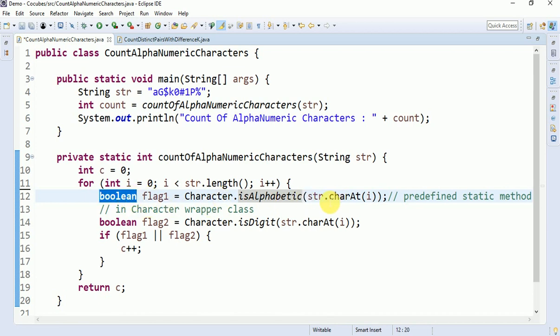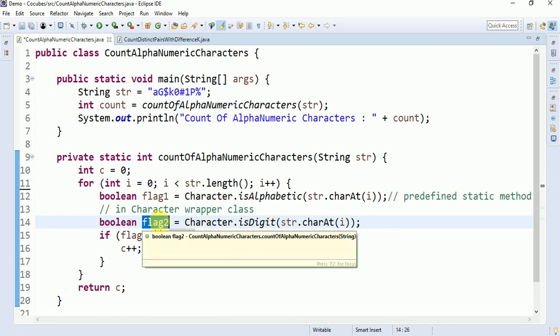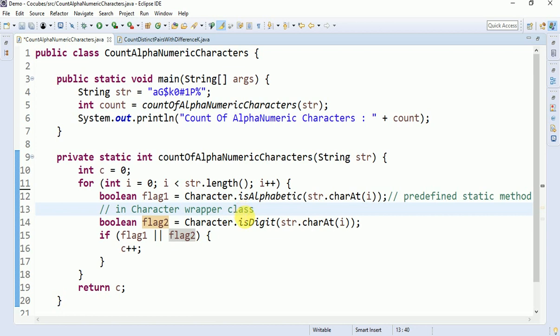The argument we are passing to the isAlphabetic method is a character, and in return we get a boolean. Similarly, to check whether it is a digit or not, there is a predefined method called isDigit. It is also a static method, and in return we get a boolean value. So what is our aim? Our aim is to count if it is an alphabet or a digit.